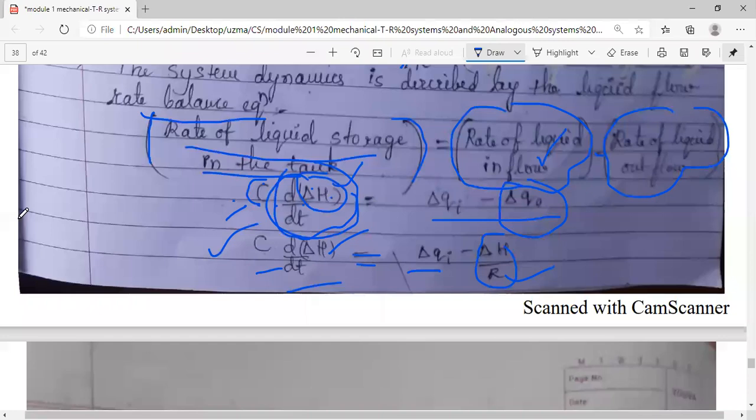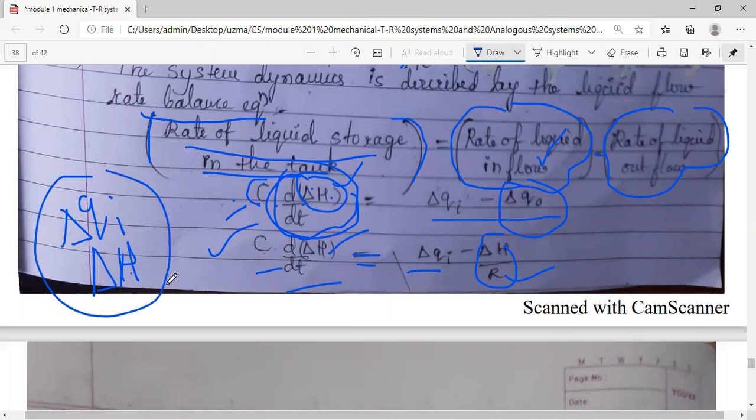I want these only because the input for the system is the amount of water you are increasing, how much you are increasing the inflow. That is your input. And what is changing? The liquid level inside the tank is changing. Okay, increase in the inflow, increase of the height. I want this ratio only. Output is delta H. I want the ratio of delta H by delta Qi. I need this to find the transfer function. So all are available directly in the equation.